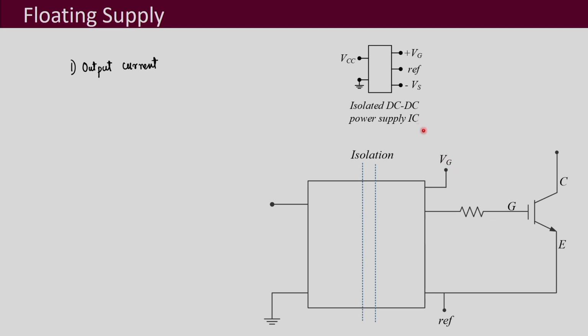Because whatever output current this will be providing, that is what should be sufficient to be able to meet the IG peak. Okay. So, the output current specification of this IC should be greater than the IG peak that you will estimate for your gate driver. Then the output voltage,